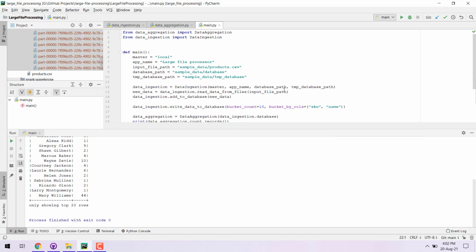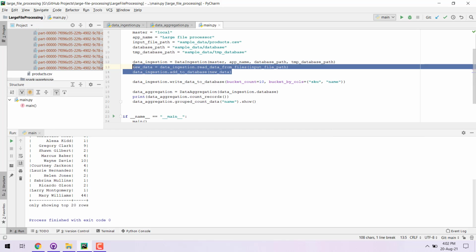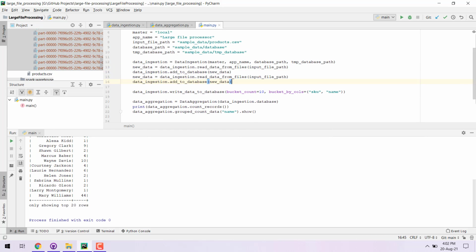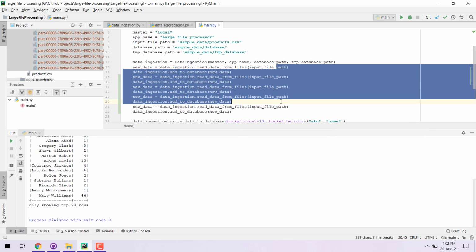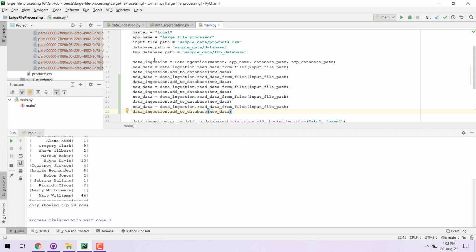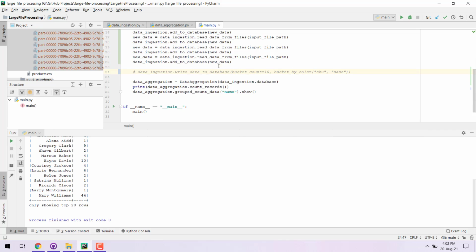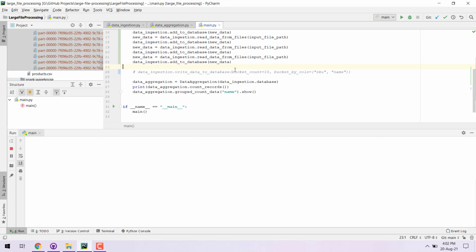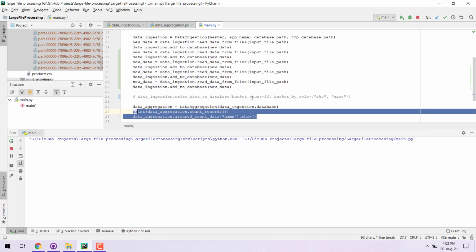But to show that this will handle much more data as well, we can increase the count. Let's say we have now 5 times the data, so around 2.5 million records, and we will just skip the writing for now because the writing is an IO part, and it will make our program a bit slower. So we will just read the data 5 times and do the aggregation on that one.